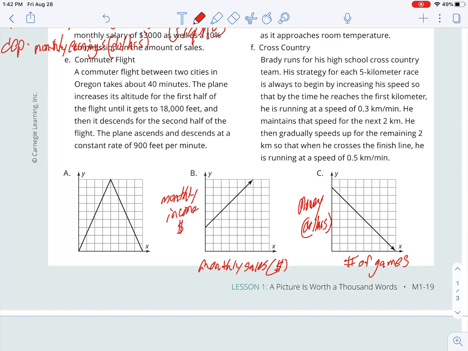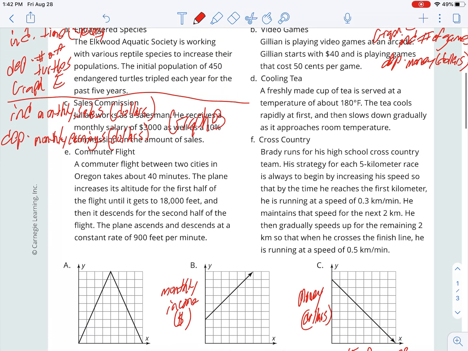That's how some of these jobs in the real world work. Letter D, cooling tea. A freshly made cup of tea is served at a temperature of about 180 degrees Fahrenheit. The tea cools gradually at first and then slows down gradually as it approaches room temperature. Okay, so